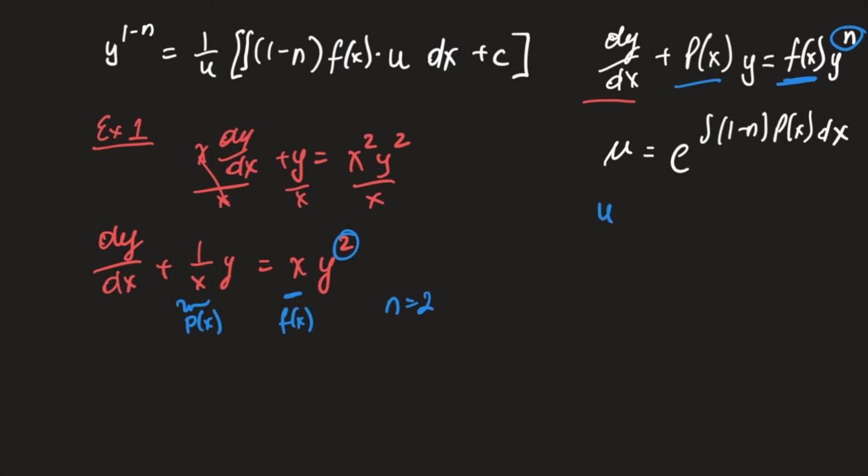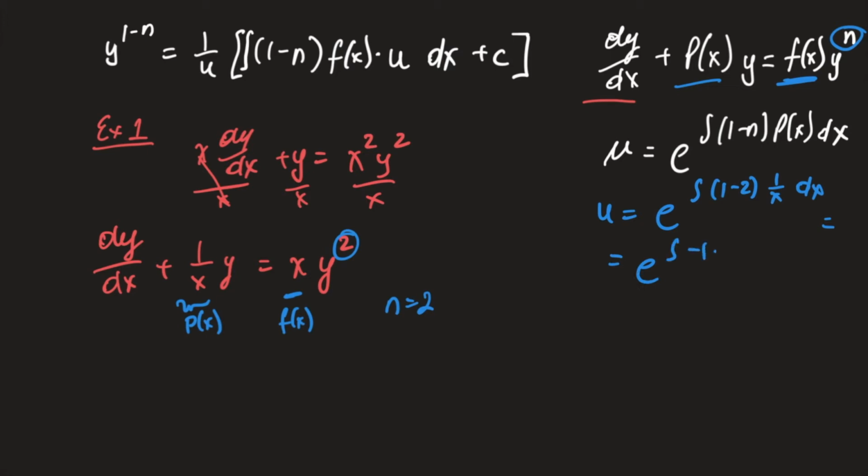I'm going to plug it into this formula, e to the integral of (1 minus 2) times p of x, which we identified as 1 over x, dx,